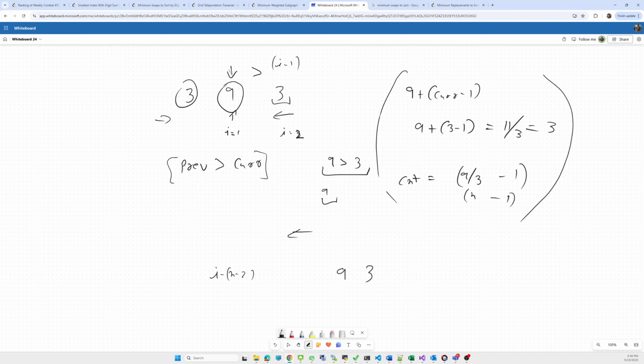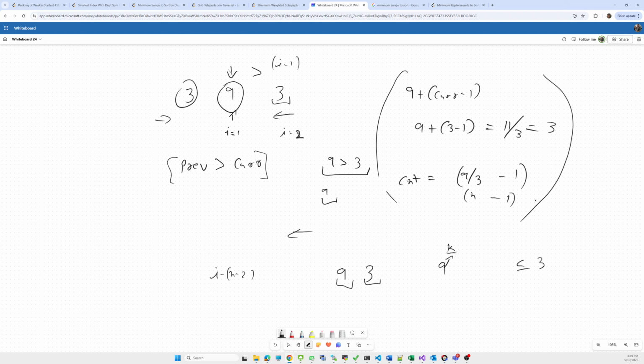We have to split the 9 into k parts such that each partition is less than or equal to 3.